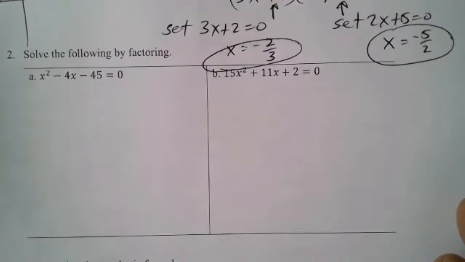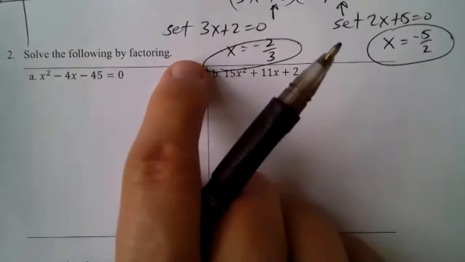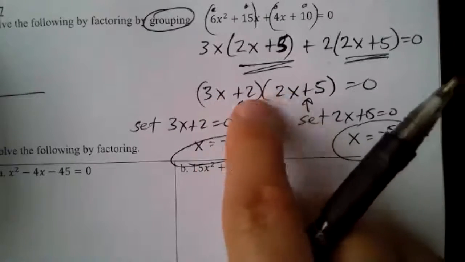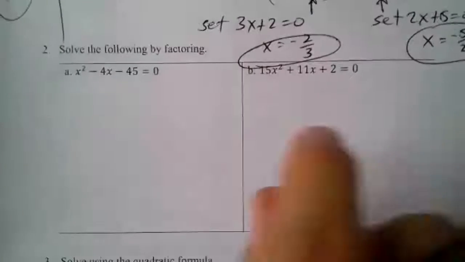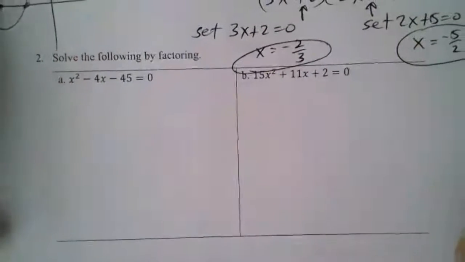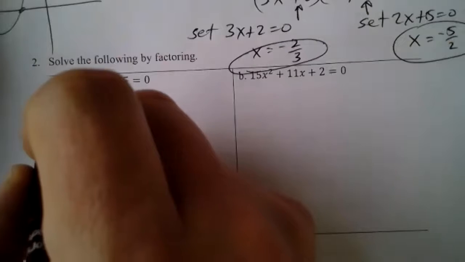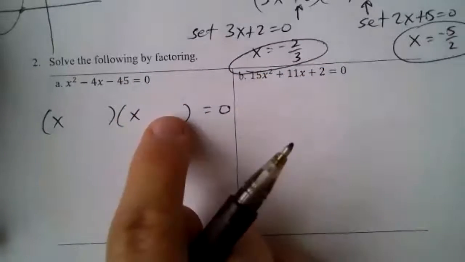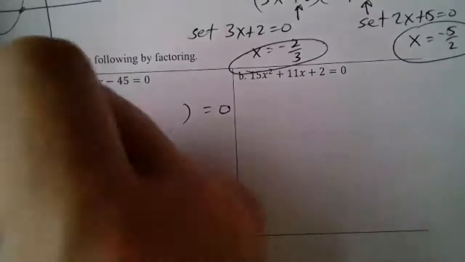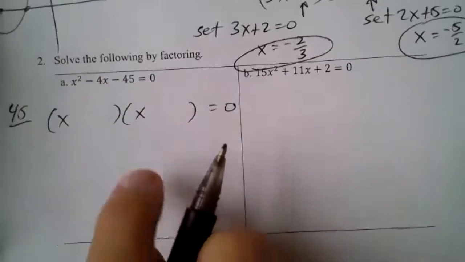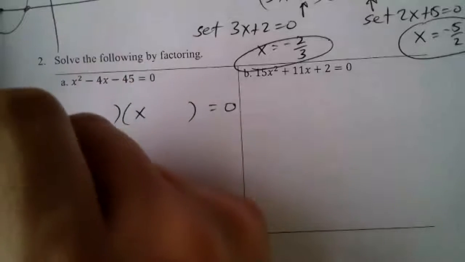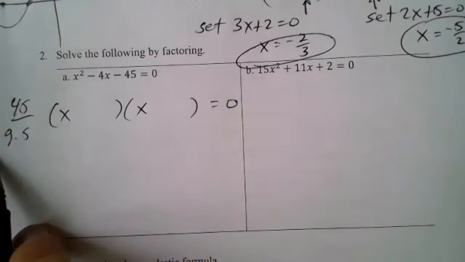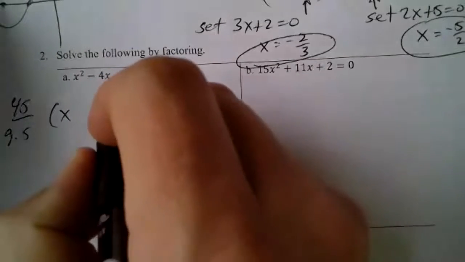Solve the following by factoring. So in this case, it's very much like this, where we factored the terms into 2 binomials here. We're going to do the same thing here and here. So when we solve by factoring, we set up our binomials like this. X times x is x squared. And we think, okay, what multiples of 45 make 4? Well, 9 times 5 is 45, right? So 9 times 5 is 45, but 9 minus 5 makes 4, right? So we're going to get,